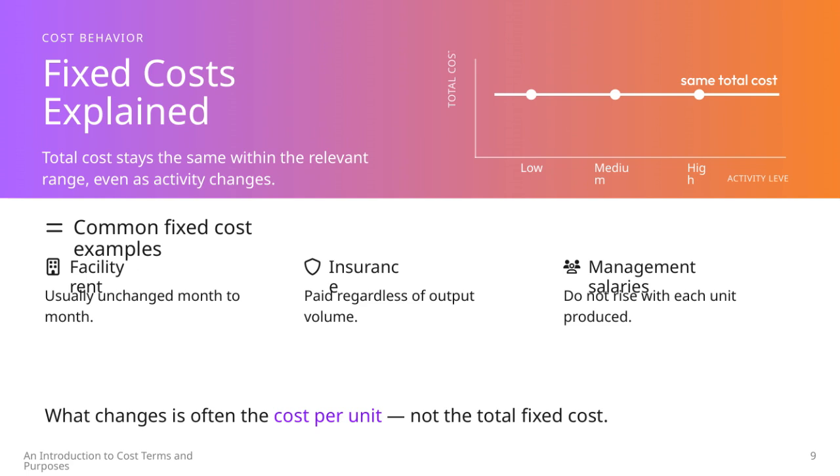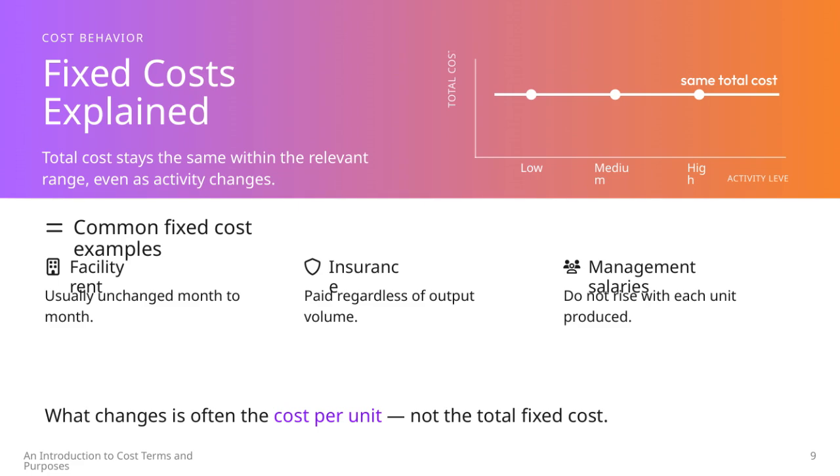However, what does change is the cost per unit. As you produce more units, the fixed cost per unit decreases because the same total cost is spread over a larger number of units. Some common examples of fixed costs include facility rent, which typically stays the same month to month,